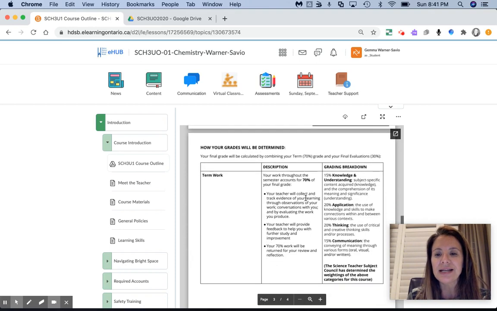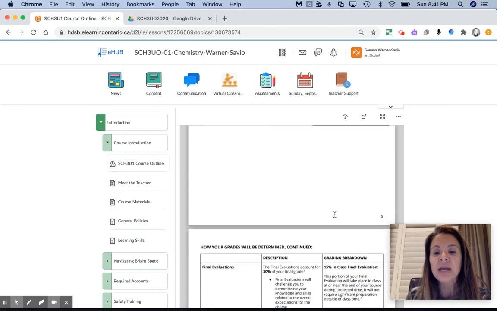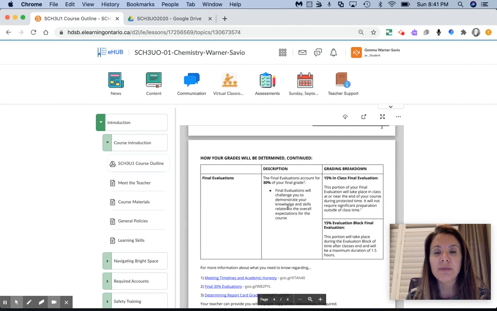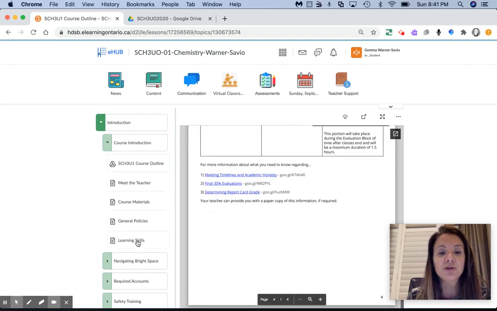You're going to notice that it's pretty much the same breakdown as most of your other courses. 15% for knowledge and understanding, 20% application, 20% thinking, and 50% communication. In terms of the final evaluation, because this is a semester-long course, that final 30 will be broken down into a 15% exam and final performance task. Okay? In terms of your learning skills,